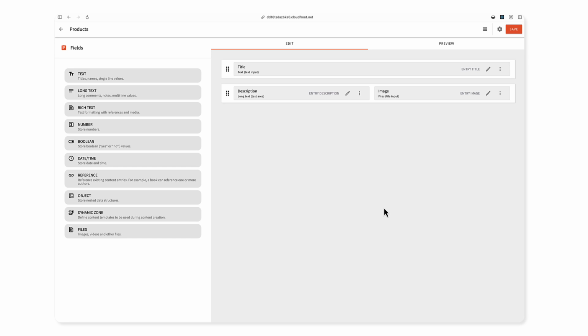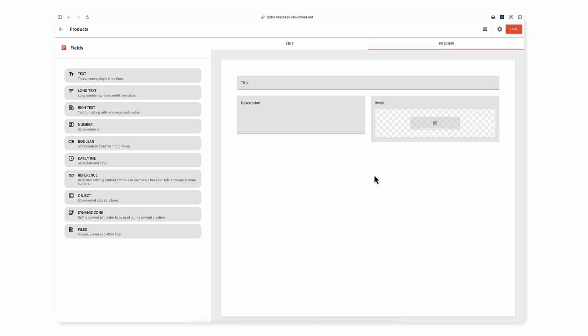Now there's a third way we can define content models besides through the UI and API. We can define content models through code. We're going to do that exercise towards the end of this guide. All right, so if we click the preview button here, this is going to show us how the form looks